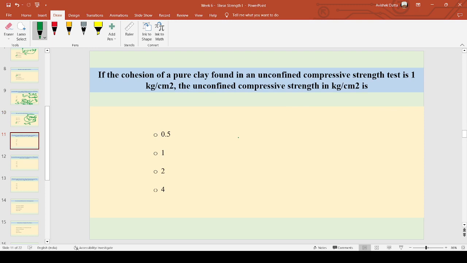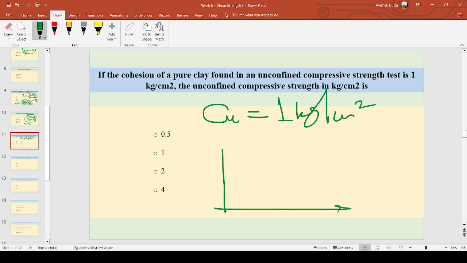If the cohesion of a pure clay found in an unconfined compressive strength test is 1 kg per centimeter square, so it is the undrained cohesion, 1 kg per centimeter square. The unconfined compressive strength, that is Qu, as I have mentioned previously, this is the graph. This is the normal stress versus the shear stress. This is the Mohr circle,